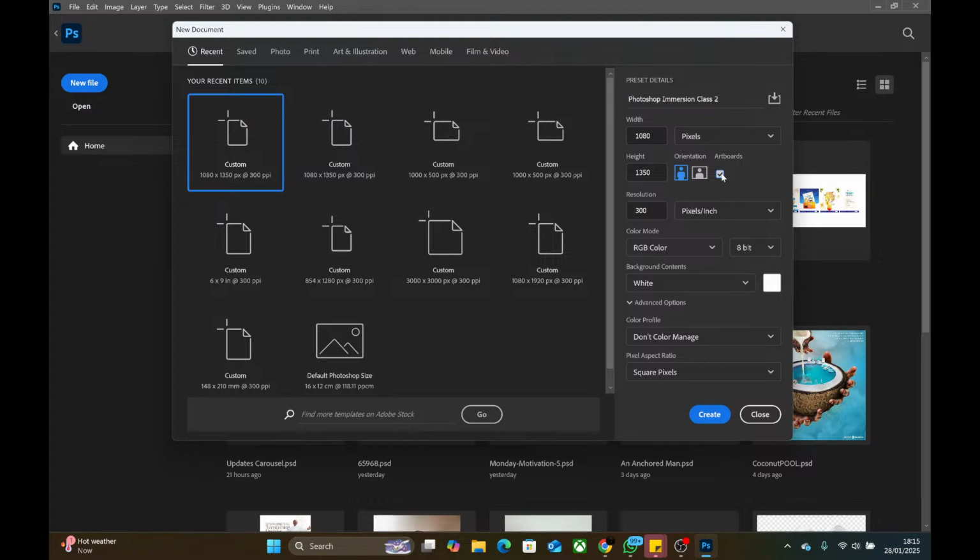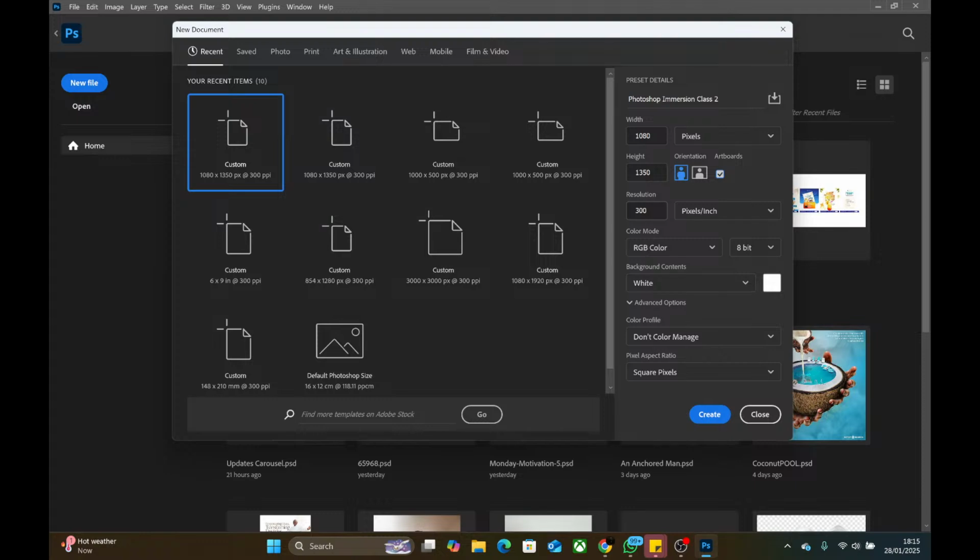So what you do is you check this and your resolution should be 300 pixels per inch. You will learn this over time as we are doing it. It's for high resolution images. Sometimes it doesn't matter, but especially when you are designing for print, it is very important that you do it in 300 pixels at the very least.